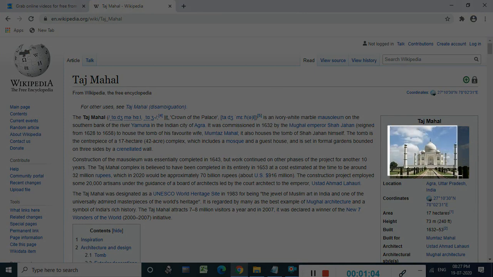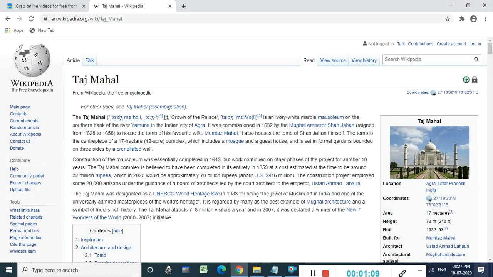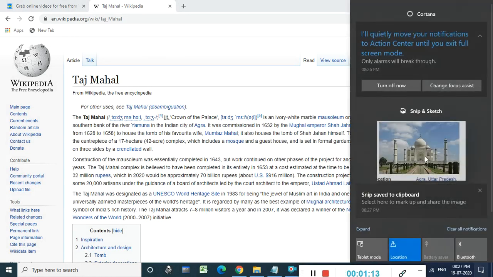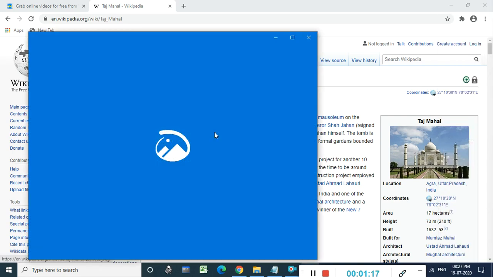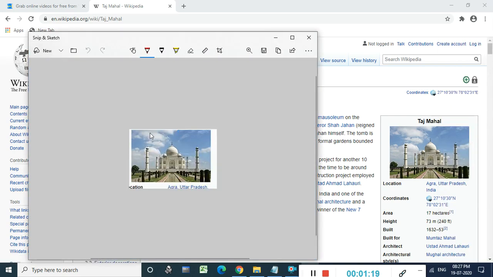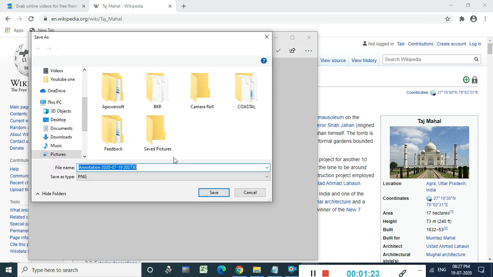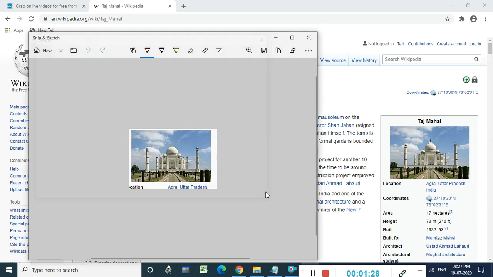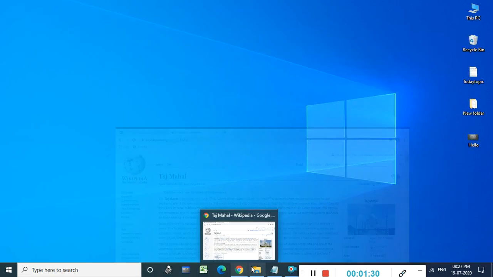then crop the required part and click over here. See, the image has been saved to the clipboard. Click on save. See how the image has been cropped. Now set the name of the image and click on save. That's it. Then